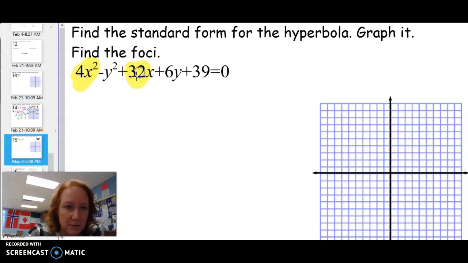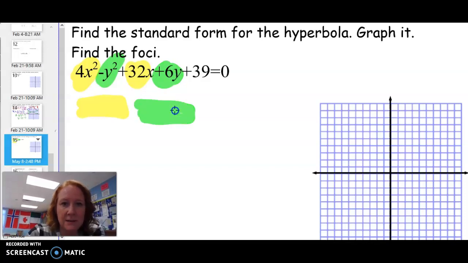Here's an x, so those are going to go together. All right, and then, notice there's minus y squared. Okay, that's super important. So I'm going to put the y's here, and then I'm going to take this 39, move it over here. Okay, so if that's the case, then I've got